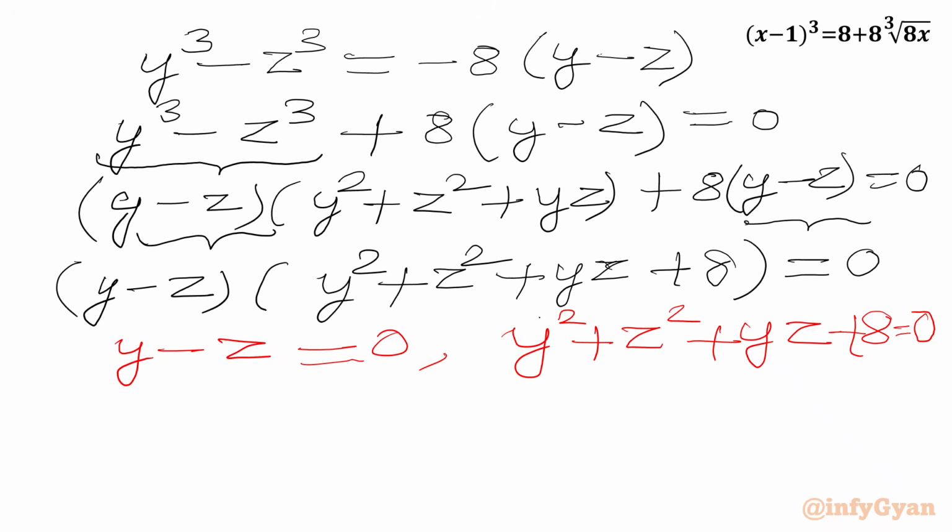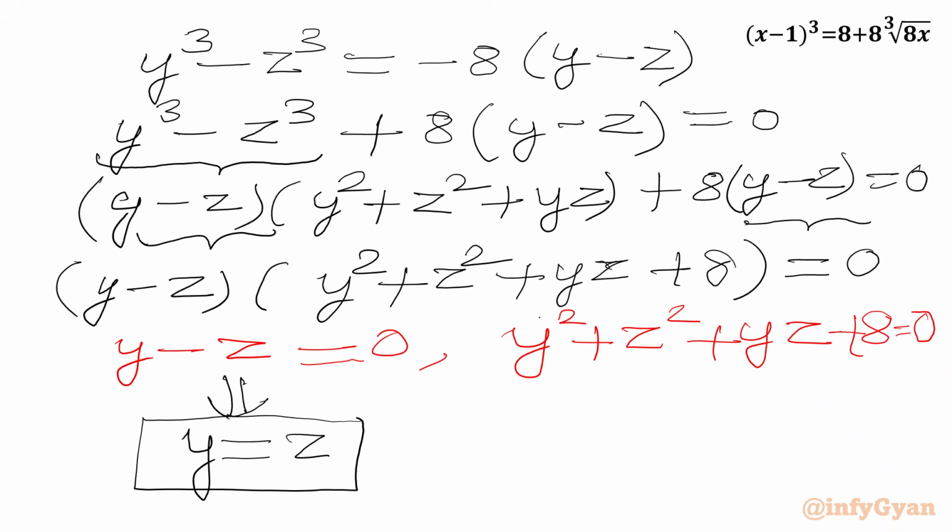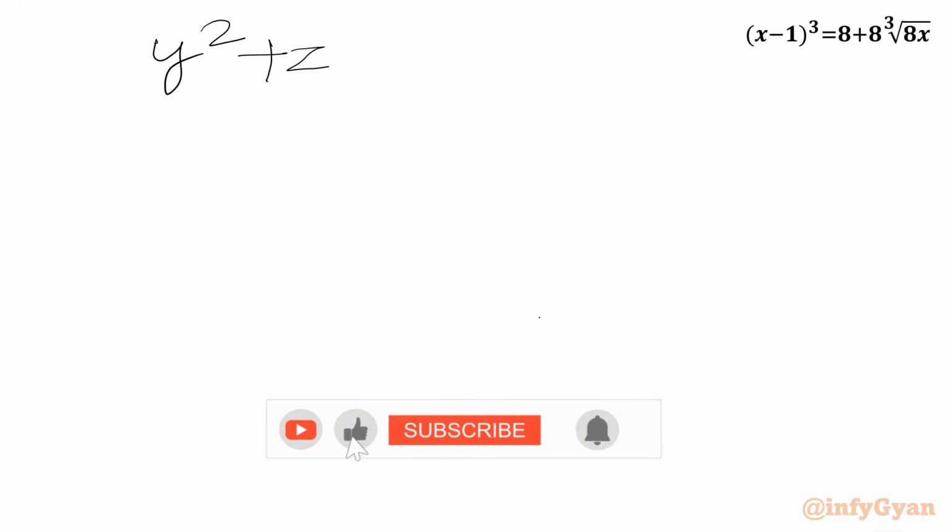So from our first equation, by adding z to both sides, we will get y equal to z. So one result is there, y equal to z. Now we have to solve the second equation. So let me write here y square plus z square plus yz plus 8